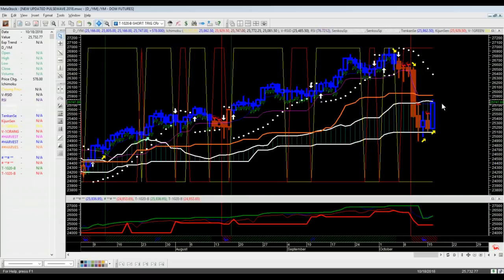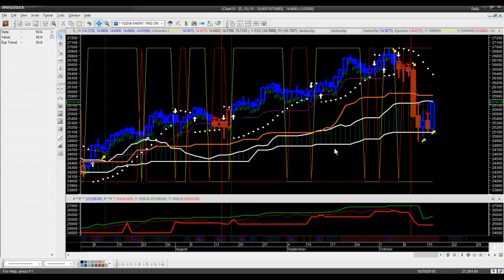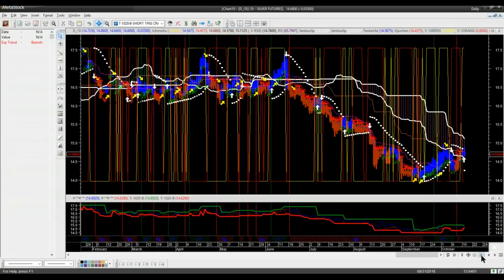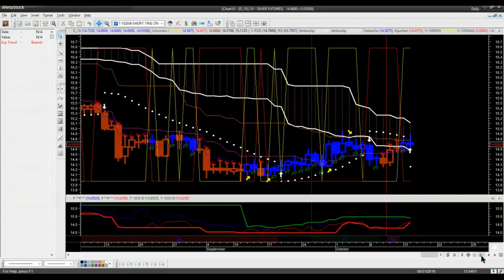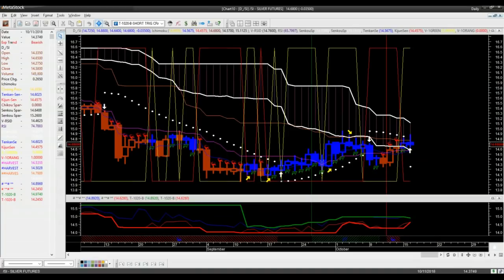You know where to buy and you know where to sell. Moving right along, let's take a look at our next chart. All right, so the next one here is silver. Silver's trying to participate. In the last like 5 trading sessions, you have two